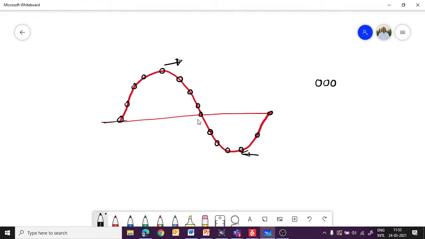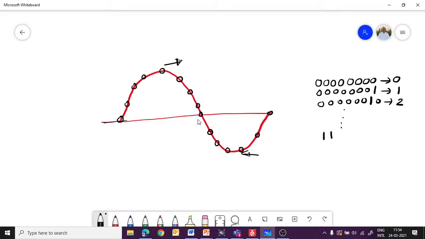Zero, zero, zero. This is a 0. This is a 1. This is a 2. And so on, the highest number will be positive, so 0 followed by all ones.